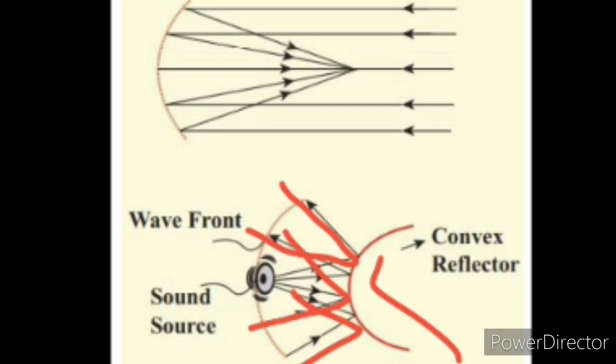Now if it is a concave surface, what will happen? It will focus at a point. After reflection, it is focused at the point, so the intensity of the sound will be concentrated at a particular point and the intensity will be maximum. So parabolic surfaces are used, which focus at a particular point where the intensity will be very high. So halls are designed with parabolic reflective surfaces so that the intensity is more.